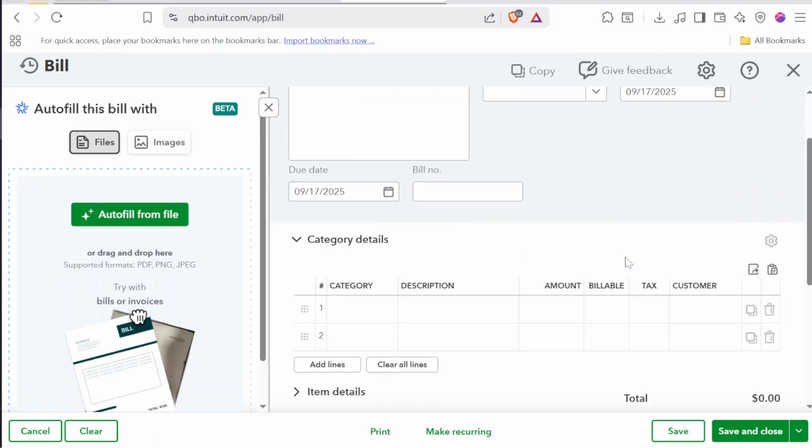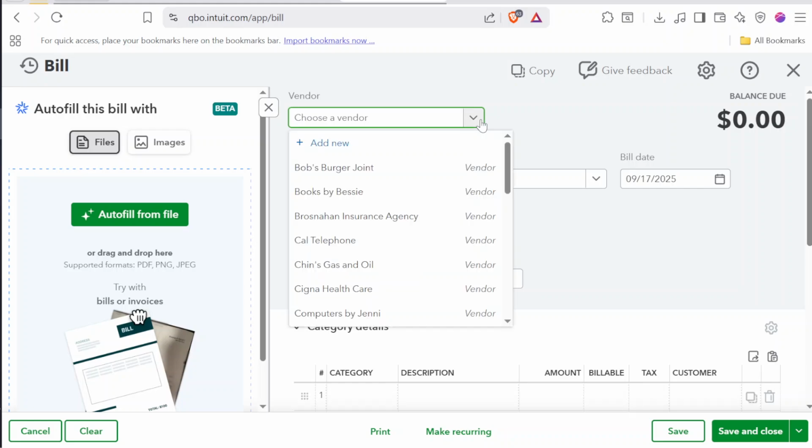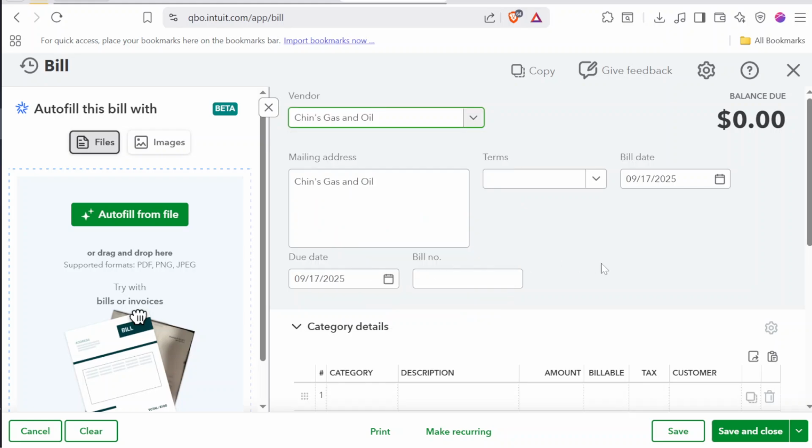At the top of the bill form, you'll see a drop-down labeled Vendor. Choose the correct vendor here because this affects your records and reports. Right below that, you'll find another drop-down called Terms. This is where you select the payment terms, such as net 30 or net 60, depending on what you agreed